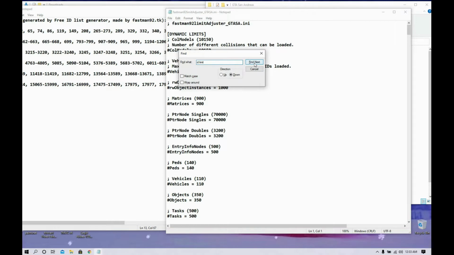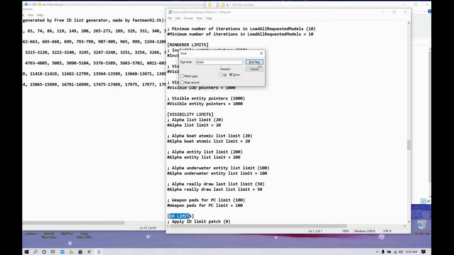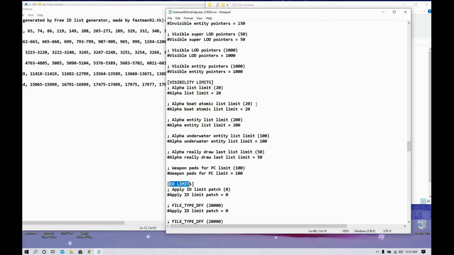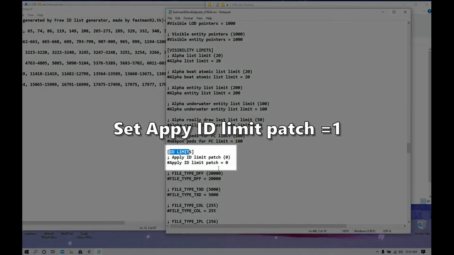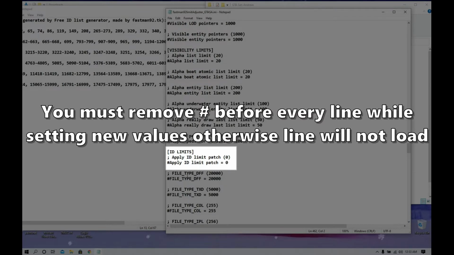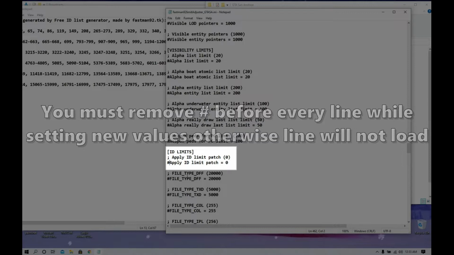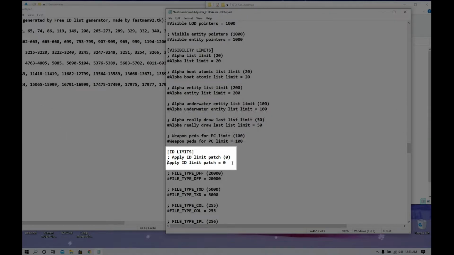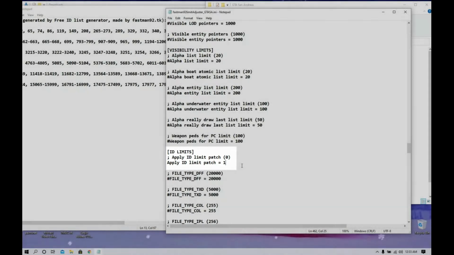Now we're going to find this ID limit, and here you can see Apply ID Limit Patch. You need to remove the hash before the line. If you don't remove it, the line will not load. So remove the hash and set this ID limit patch to 1, and then save it. Now the next line we are going to find is called